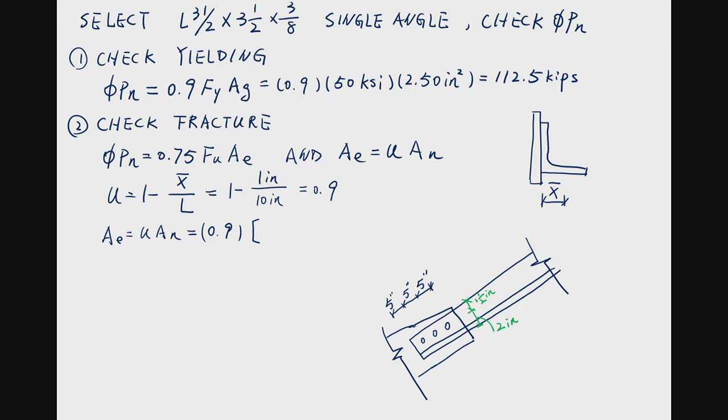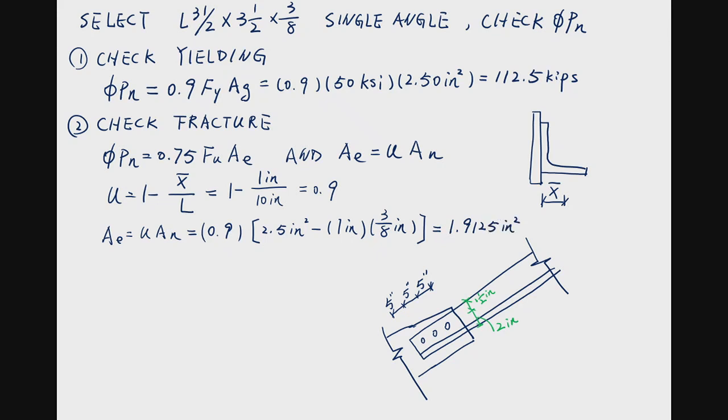Gross section is 2.5 square inches minus the hole area. So the hole diameter is 1 inch, and the thickness we choose is 3/8 inches. So from there we get the AE of 1.9125